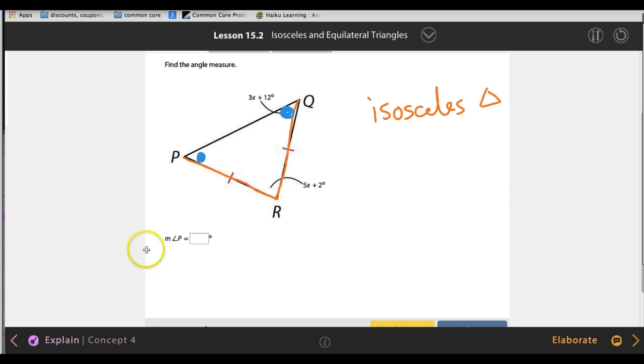So this question says, what is the measure of angle P? The measure of angle P is this one right here, Q, which is 3x plus 12. But alas, we have an x, so we've got to calculate that. In yesterday's lesson, we learned about the triangle sum theorem, and we actually ripped off a triangle to prove that when we add all three angles in a triangle, the angles add up to be